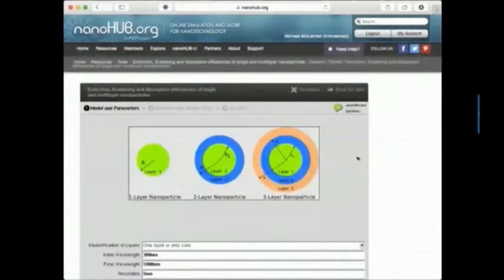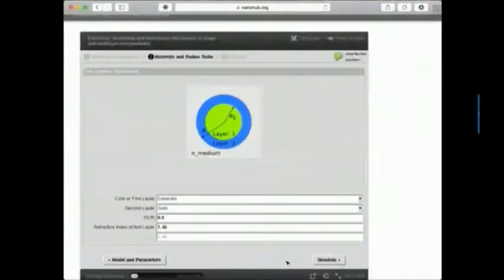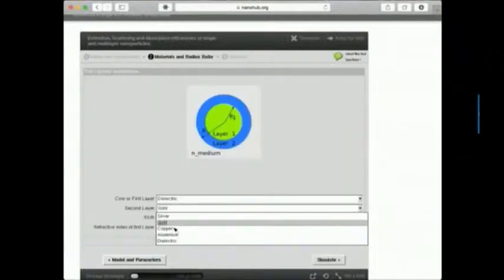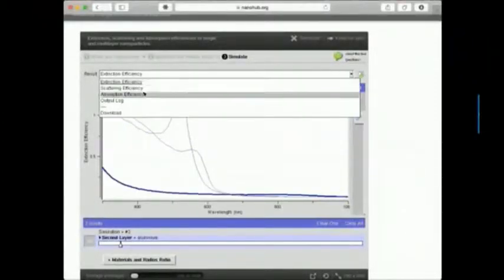He clicked Launch Tool. This is a more complicated version of the simple thing that I was building. But same idea, you fill in some values, you get a plot, you can change material types, simulate again. So here I've got three different kinds of materials for the nanospheres, and you can see their optical properties.